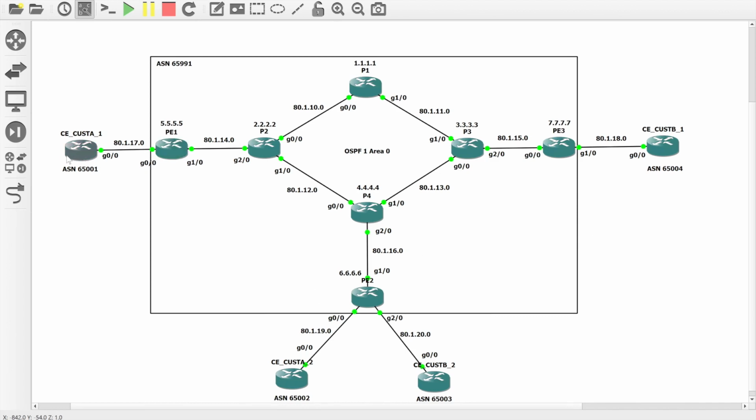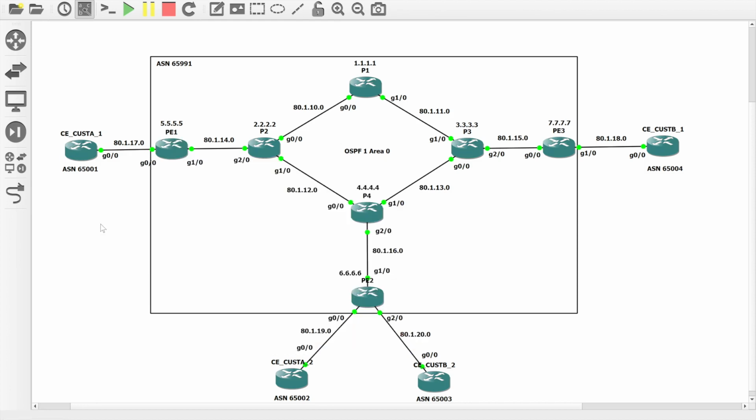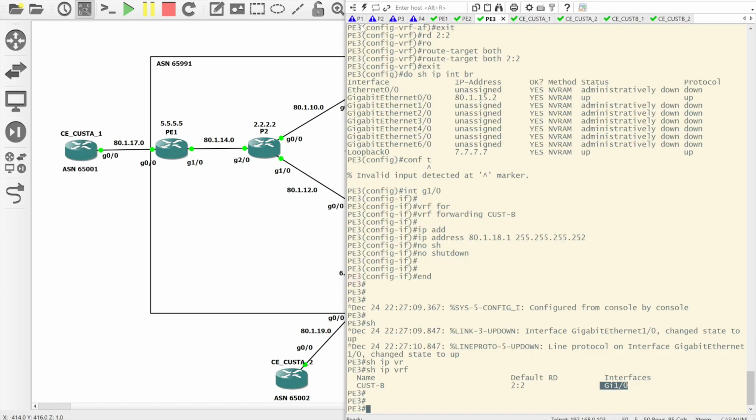We need to configure BGP between the customer and us, and then once we've done that we can start advertising routes from the customer into our network, and we can start seeing those appear for the other sites for the same customers. So starting on PE1,